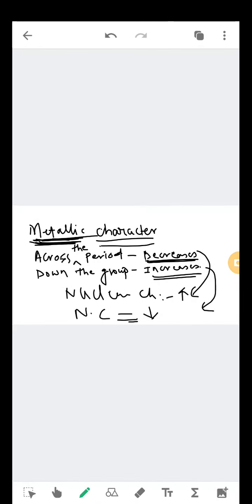So this completes your chapter, periodic classification of elements. If you have any doubts regarding this chapter, just ask me. Start making notes and start studying this lesson more thoroughly. I hope the nuclear charge concept is clear, and all these concepts are clear. Just read the lesson once and make your own notes. I will also provide you the notes, but still you try to read the lesson often.